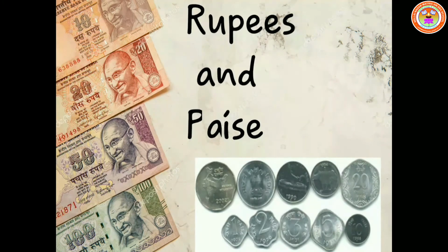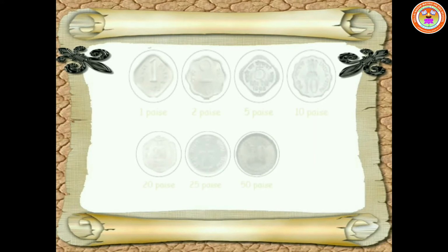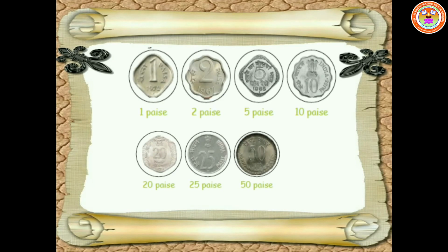Rupees and paise. Rupees can be either in the form of paper notes or coins, and a coin can be a rupee as well as paise. Though paise doesn't exist mostly nowadays, the value of paise is used as digital values. It plays a significant role in ancient and modern times. Look at the picture of paise.